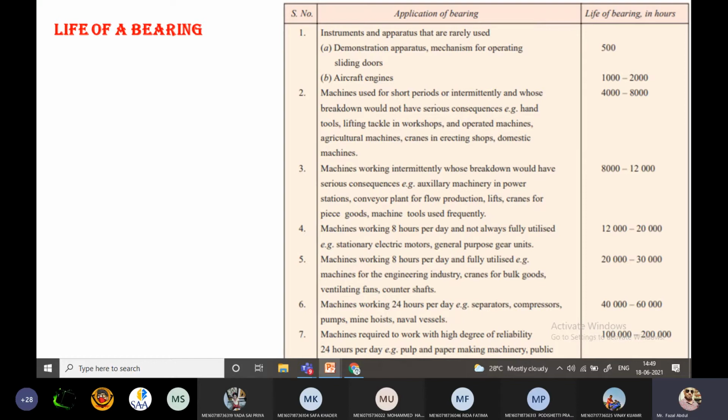Okay, so here life of bearing is nothing but, for an individual ball bearing or roller bearing, the number of revolutions, or number of working hours, or number of times it is operated. Number of revolutions is the first point, the second one is the number of hours, and the third one is the number of times operated. All have the same meaning, like synonyms. So at a given speed, the bearing runs before it is going to fail, meaning it is going to be subjected to fatigue failure.